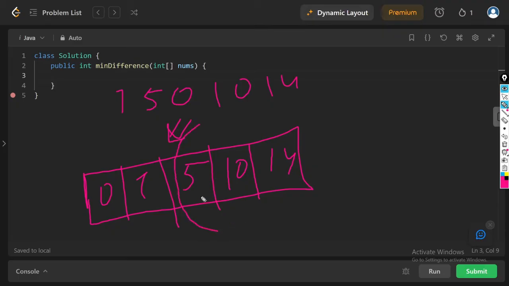Now we make this 5, 10, and 14, for example, equal to 1. So we make 1, 1, 1, and 1, and 0. Now for this array, the largest value is 1 and the smallest is 0. The difference is 1. And basically what we did in the first move, we take 14 and make it equal